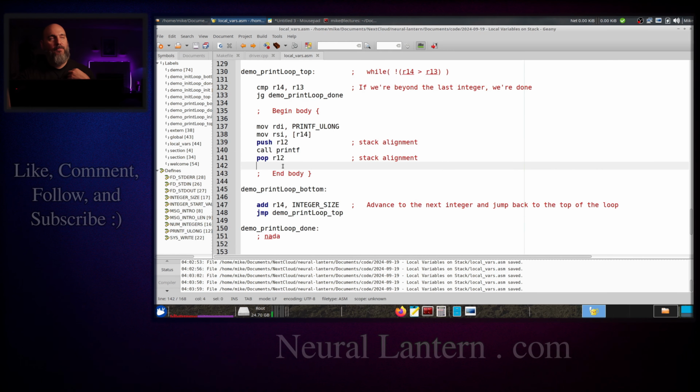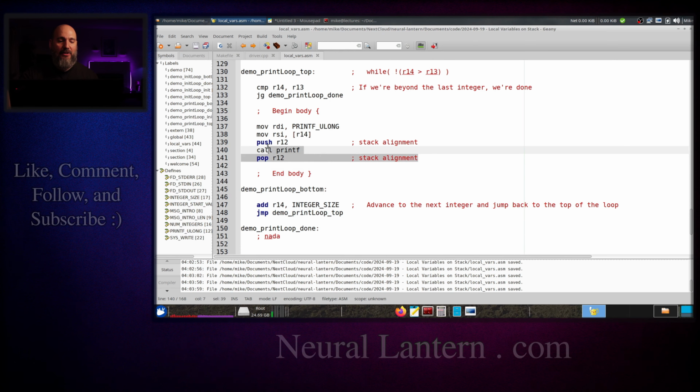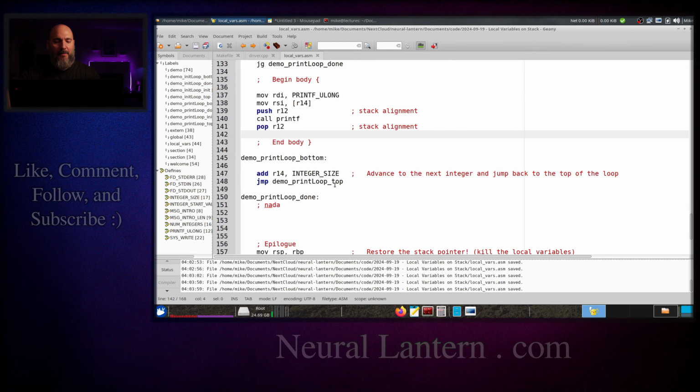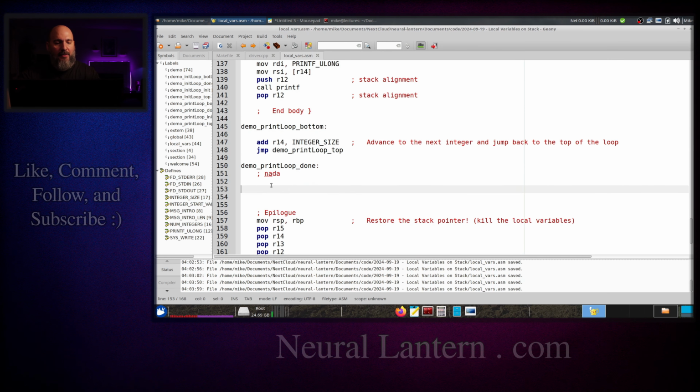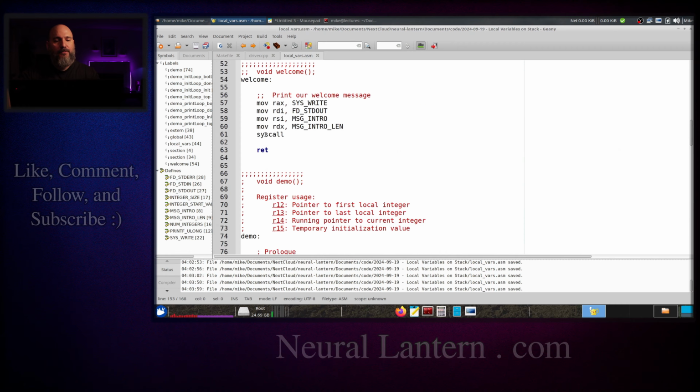What if I was writing like a billion or a million items on the stack, right? So a billion iterations of the loop would probably be a bad idea to start adding onto the stack. We'll probably end up stack overflowing, probably with far less than a billion items. So anyway, I'm going to surround the call with the push pop pair. And then at the bottom, we just do the same thing, increase the integer and then go to the top. And so now,